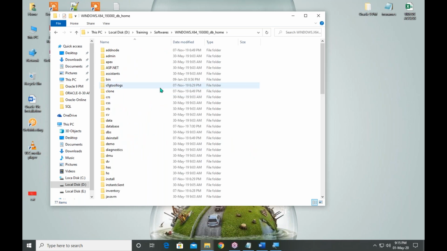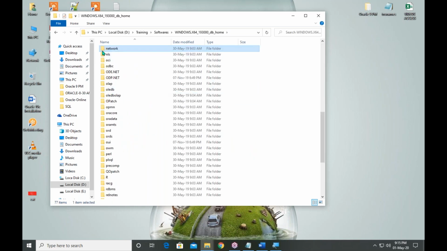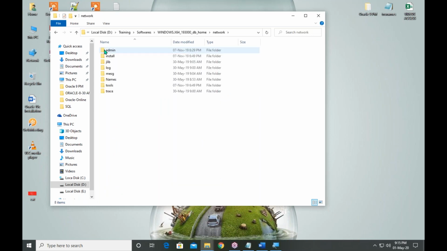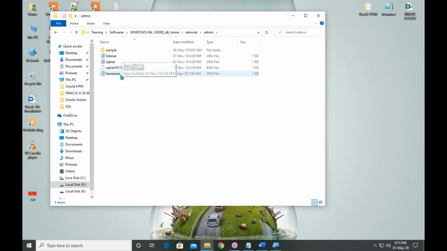Open the Oracle folder. Go to the network folder. Under network folder, open admin folder. Under admin, you can see the tnsnames.ora file, the last one. Just open it with Notepad, no problem.